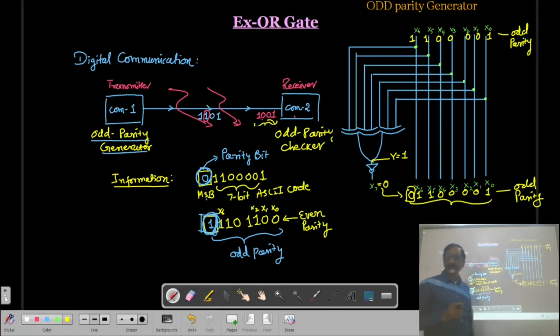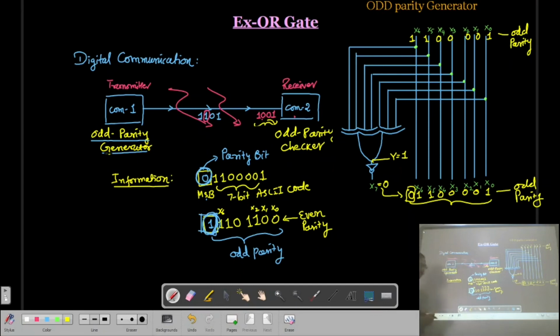And if it is with the even parity, then the MSB will be a 1. So in this way, using a 7-input exclusive OR gate, we can generate the odd parity. Correct? And this odd parity generator will be always at the transmitter end.